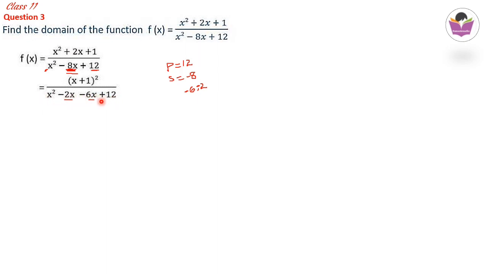Then a little bit of calculation in the denominator. Numerator as it is, x plus 1 the whole square, divided by: in the first two terms x is common. You take it out. The first term, x is going out, means from x square x balance. From the second term, x is going out, means minus 2 balance. So x minus 2 is there.